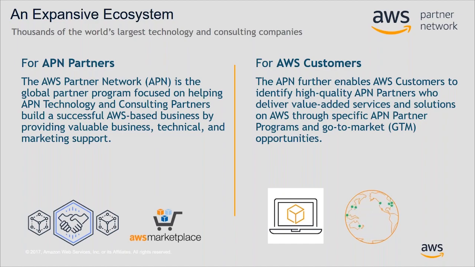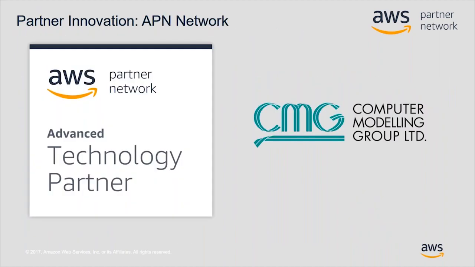The majority of Fortune 500 companies and over 90% of the Fortune 100 companies utilize AWS APM partner services and solutions. The APM partners provide you value-based software and services across virtually every use case and can accelerate your engagement with AWS, helping you go from idea to solution even more quickly. CMG specifically has earned our designation as an advanced technology partner of AWS, meaning that they have even greater access to higher levels of programs and benefits that enable the AWS CMG team to provide even greater support to our end customers.